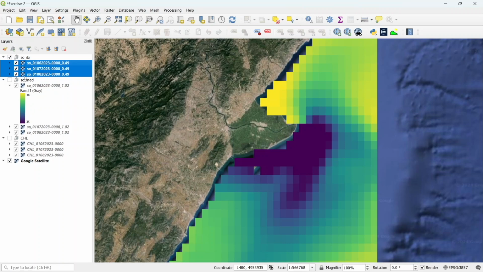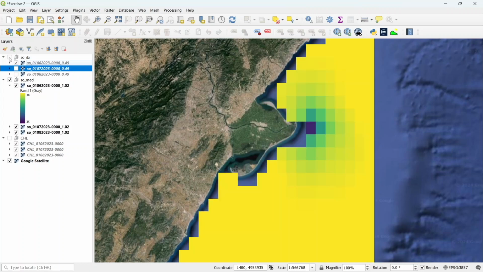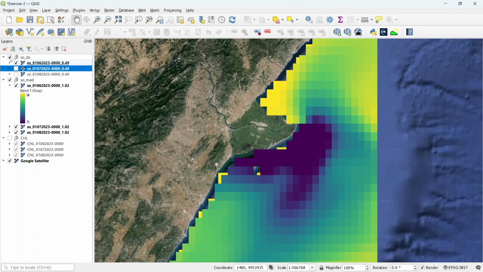So if you want to investigate more about the differences between the two models, I encourage you to go into the quality information document and product user manual, and you will see how the two systems treat rivers as surface boundary conditions in the two model configurations. These are quite different, but of course this opens a lot of opportunities for analyzing, for intercomparing the model output, investigating from the scientific point of view the main reasons